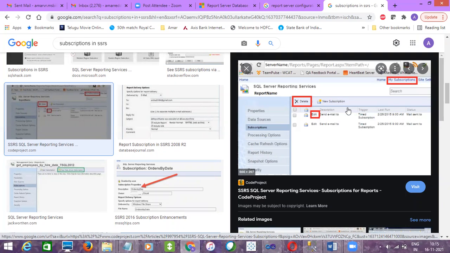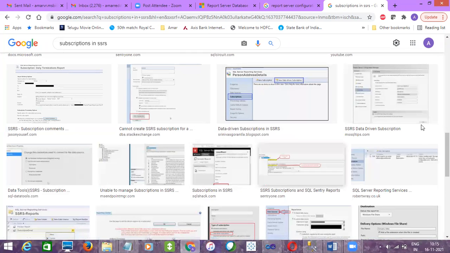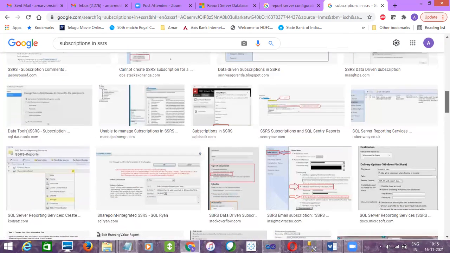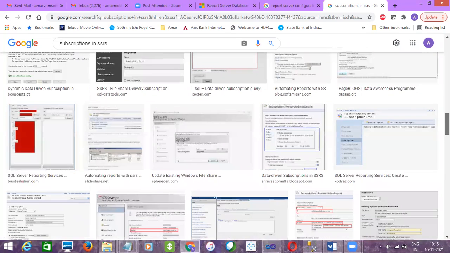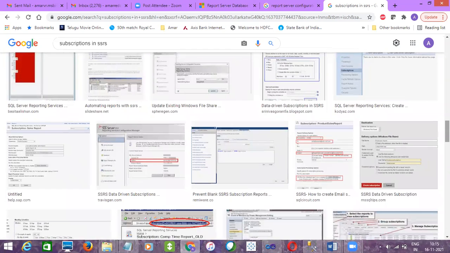So that depends on their usage. Whether some manager doesn't want to view a few RDLs, then we should not give access to them, right? So based on their usage, we have to give access to the specified persons. So giving access to the specified person is collected as a role, we will create a role, and then we'll assign those roles to the particular users, which means who has to view the report, right?